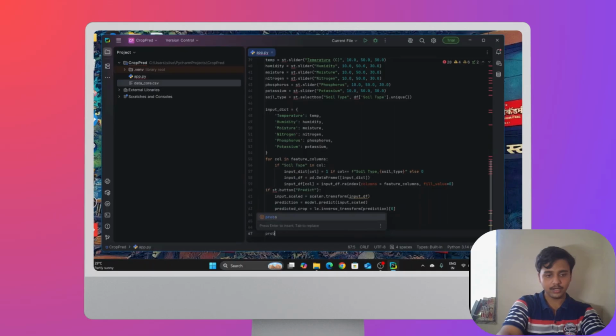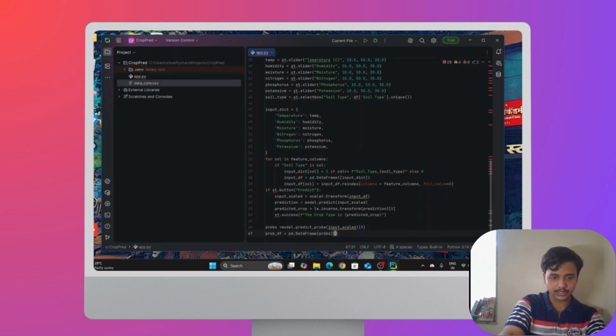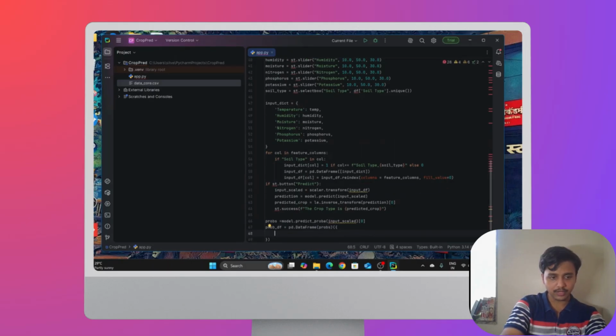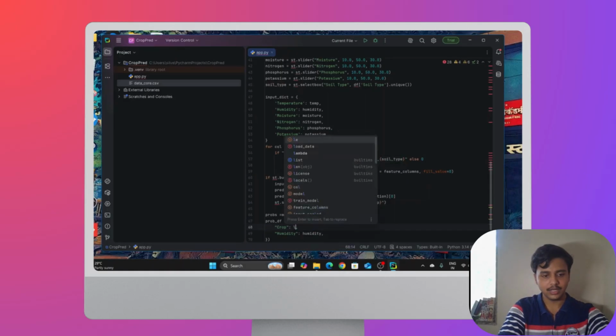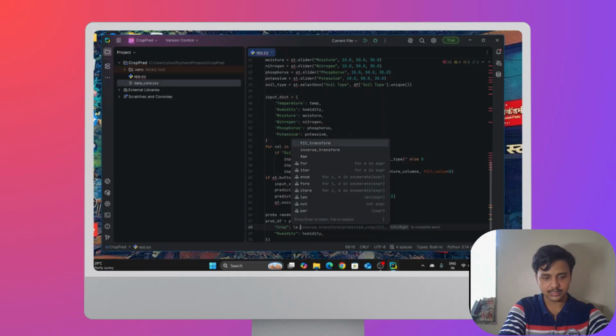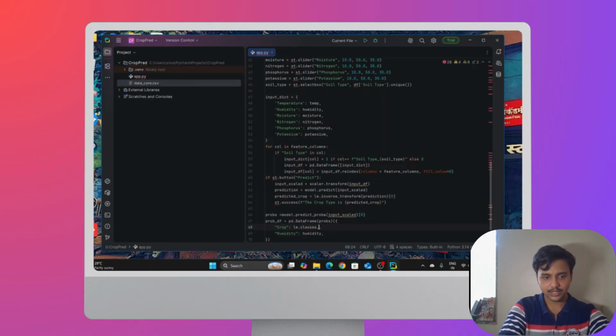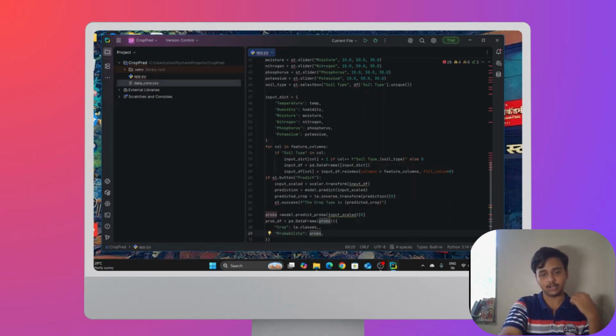So prob_df will be equal to pd.DataFrame. In this we are going to write first of all crop, then le.classes_, and instead of humidity we'll be writing probability scores, where it is probs, which will create the data frame for each particular crop as well.